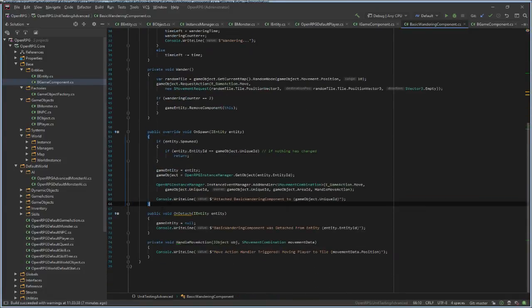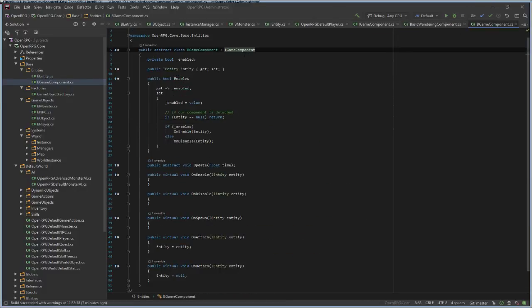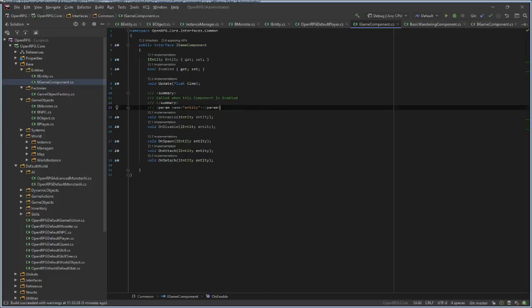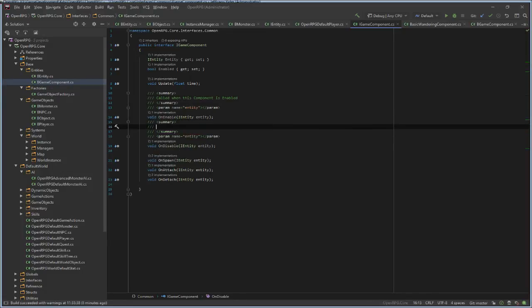I don't need this. See what I meant? I don't need the on attach method. So now I have to comment all of these methods. Called when this component is enabled. Called when this component is disabled.